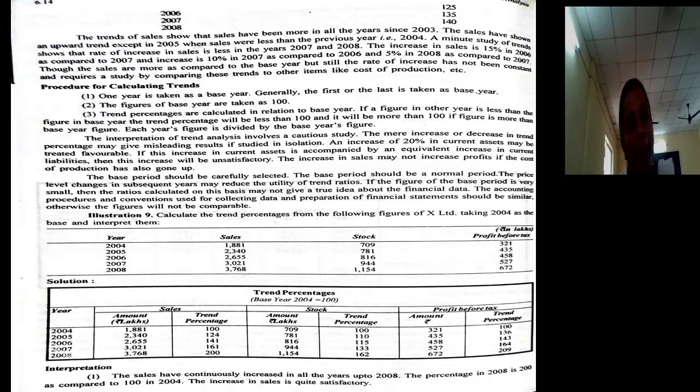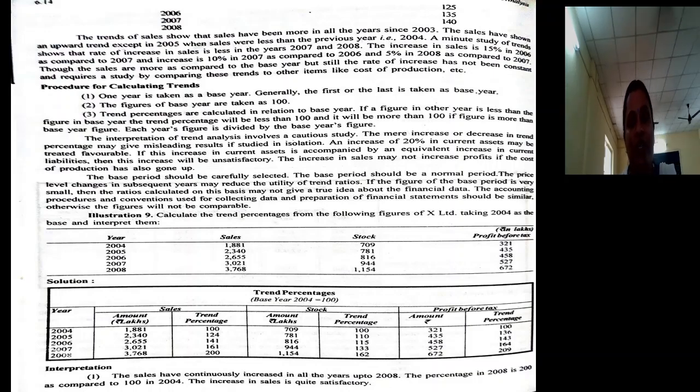2000 should be a representative year. Representative year means it should contain all financial aspects which are there in the other periods, followed by 2000. Because you are considering 2000 as what year? Base year. Before selecting any year as a base year, you just see that all financial aspects relating to the income statement and balance sheet are there in that year. If it is not there, you cannot consider it as a base year. If it is there in other years, not in 2000, then you cannot consider 2000 as the base year.